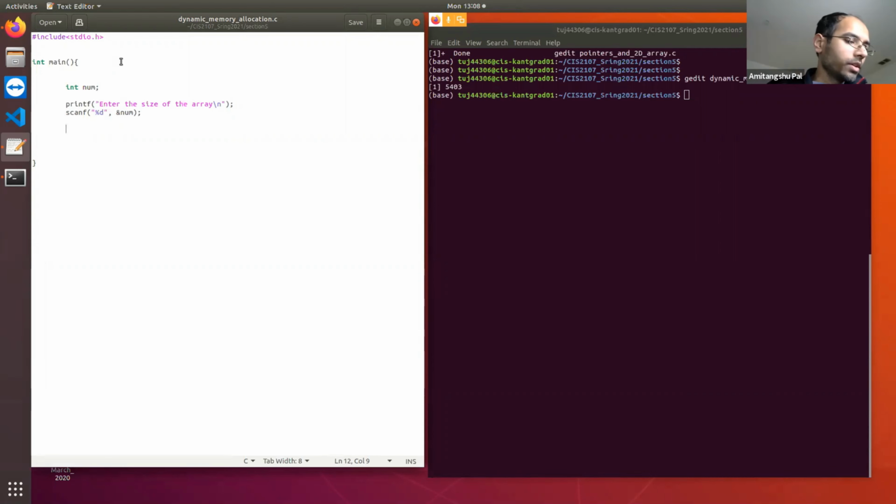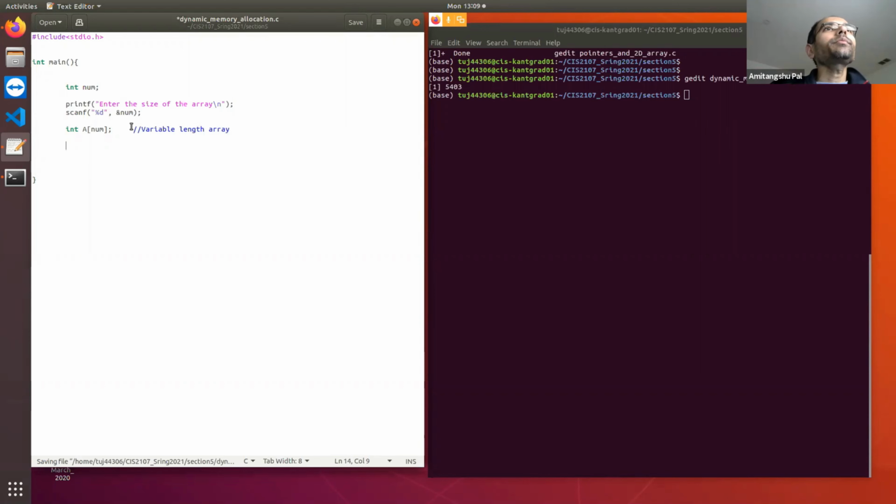Now, as I said, I can use variable length array. In this case, I will not be able to use static array because I do not know whether num is going to be 10, 100, or 1000. So I have used variable length array.